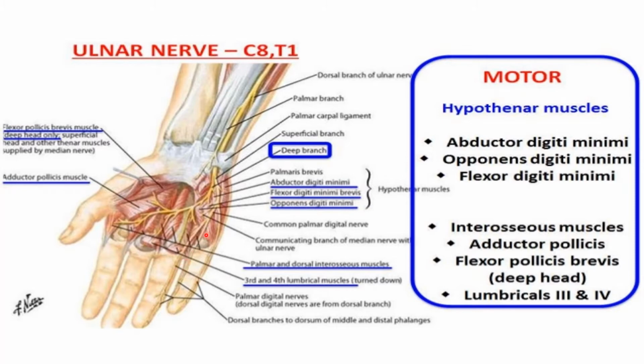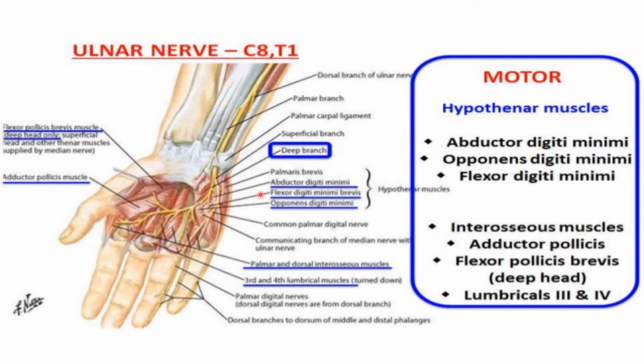And the ulnar nerve ends at the distal border of the flexor retinaculum by dividing into the superficial and deep branch. So this is the deep branch and this is the superficial branch. The superficial branch of the ulnar nerve supplies cutaneous branches to the anterior surface of the medial 1.5 digits. And the deep branch of the ulnar nerve supplies the hypothenar